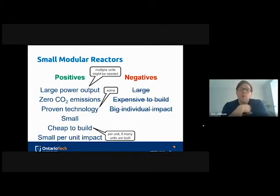Technologies may or may not be proven. You know, some of them are quite advanced. I've talked about the PWR technology being well understood, and the ARC kind of reactor technology being quite good and quite understood. But some of the others maybe need a bit of work. They're small by definition. They're cheap to build in principle. So their cost becomes less as more units are built. So the first of a kind is going to be expensive, but once you go beyond first of a kind,